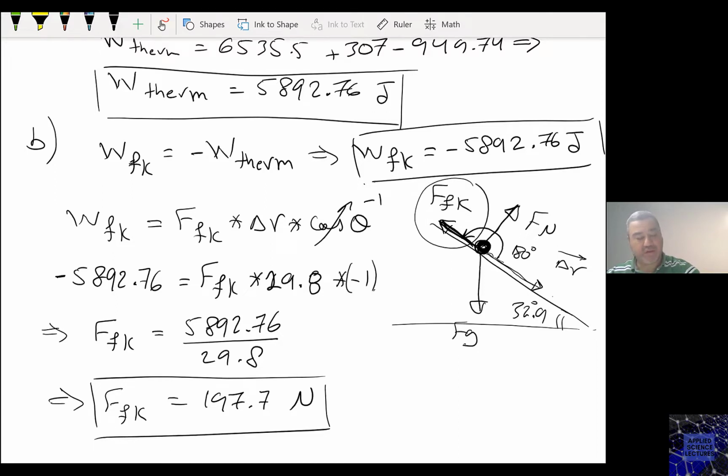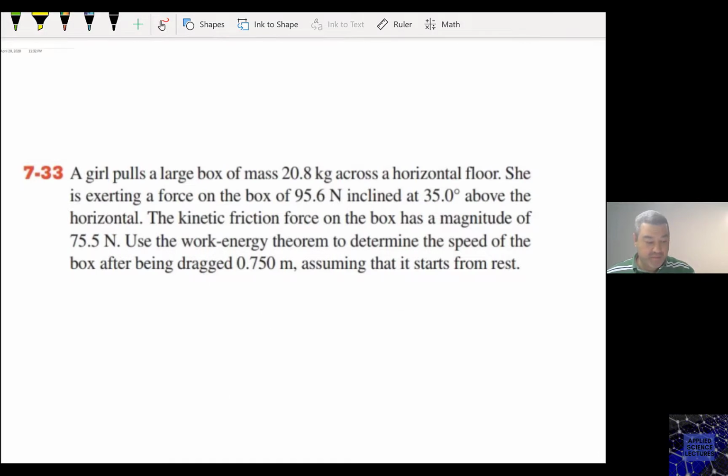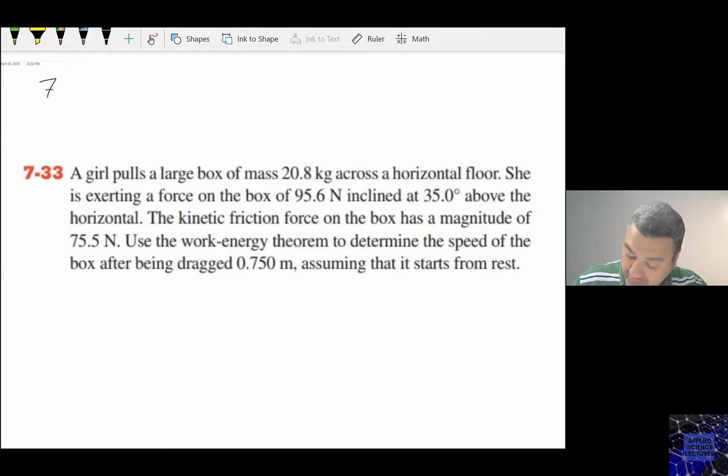okay, so let's move on to the next question. Next question is from the textbook 7.33. A girl pulls a large box of mass 20.8 kilograms across a horizontal floor. She is exerting a force on the box of 95.6 Newton inclined at 35 degrees above the horizontal. The kinetic friction force on the box has a magnitude of 75.5 Newton. Use the work energy theorem to determine the speed of the box after being dragged 0.75 meter, assuming that it starts from rest. So if you want to draw the free body diagram here,